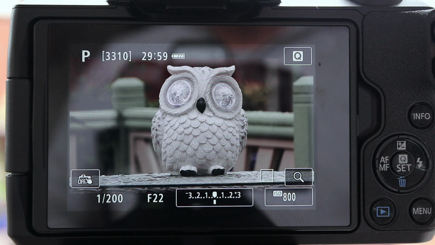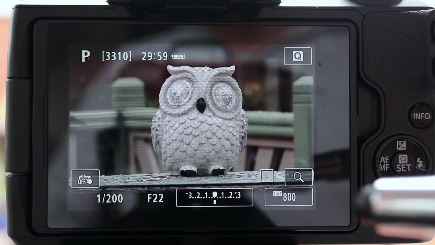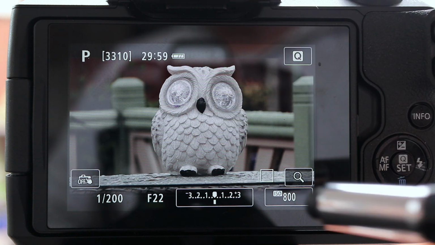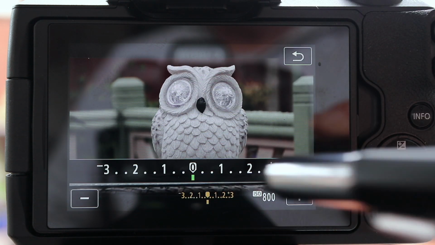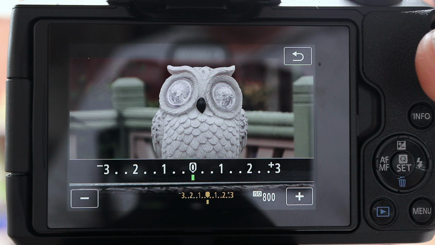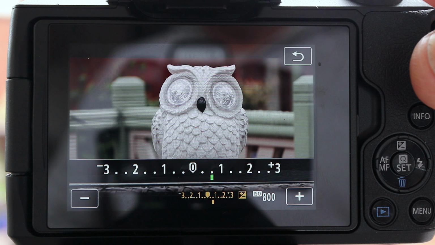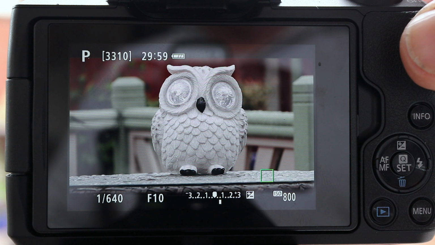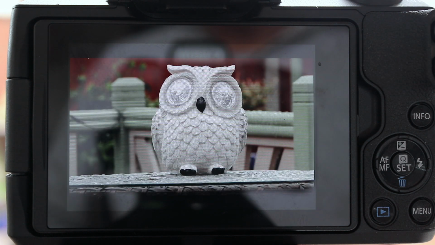Now again, in this semi-automatic mode, it's dependent on the metering of the camera to give you the right exposure. So again, it can be fooled by scenes which are relatively dark behind your subject or light behind your subject. And again, you can use exposure compensation to adjust the way that the camera is giving you the exposure. So if I thought this image was slightly underexposed, I can use exposure value compensation just by clicking into it, and then I can use that front control dial to set up, say, 2/3 of an EV positive. Press set, and then you can take the picture with that exposure value compensation applied.